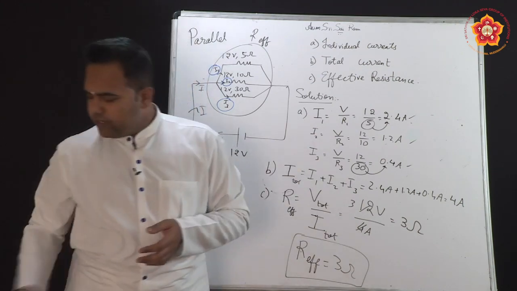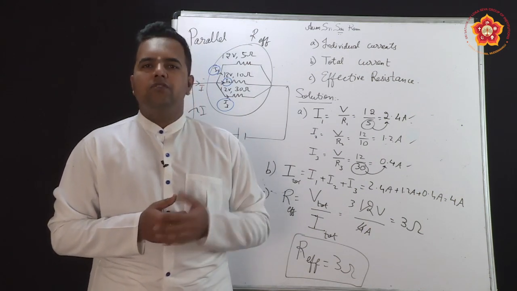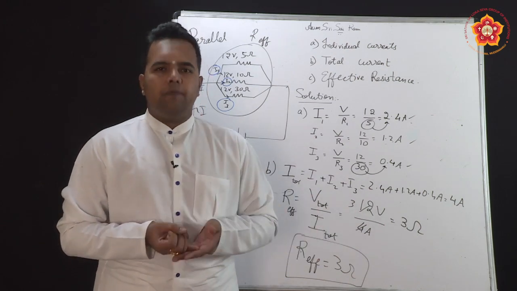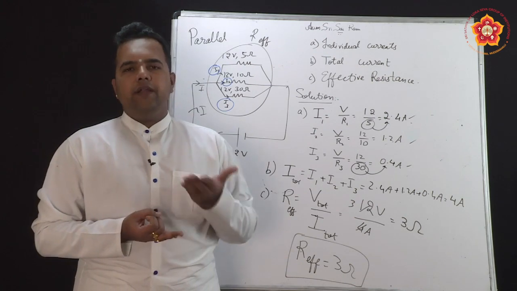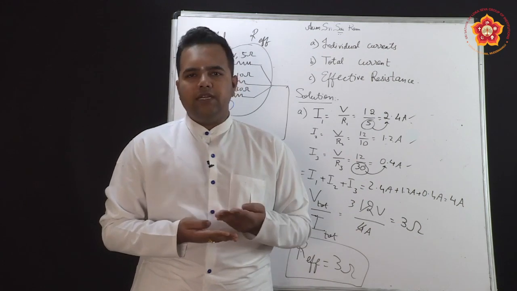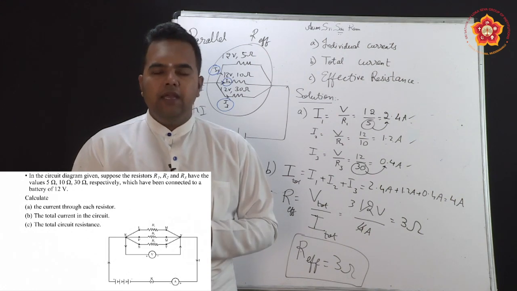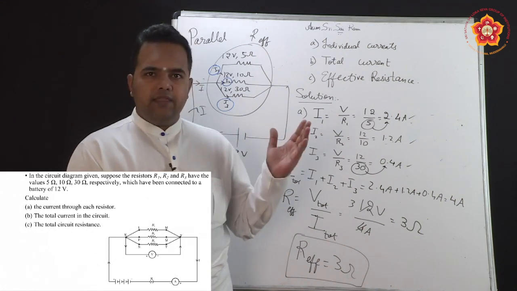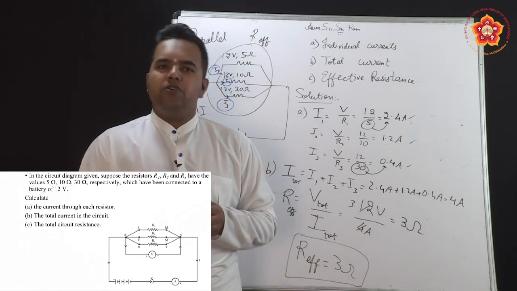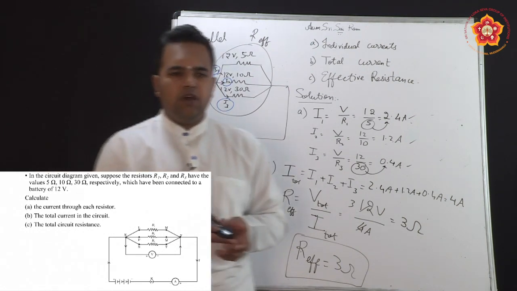So like this, whenever you are taking up solving numericals in series and parallel circuit, what do we do? We generally follow all the 4 steps. Step 1, identify whether it is series or parallel. Step 2, once you have identified, calculate the effective resistance. Step 3, calculate the total current. Step 4, if it is series, calculate the individual voltages across each resistor. And if it is parallel, calculate the individual currents. So yesterday we have done that. Now alternatively, like this also we can do. Similarly in series also alternative methods are there. So a few more numericals we will be taking up in the next few slides. So let's go to the next topic.